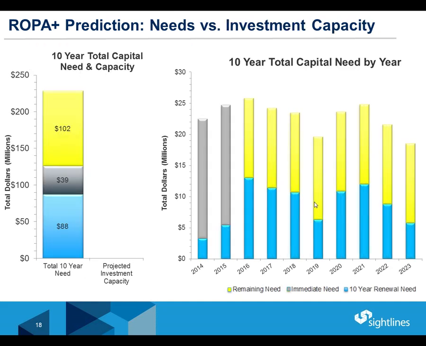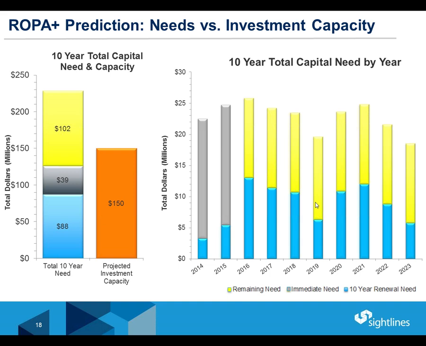So that's an overview of some of the differences, but now we're going into a couple different examples and different scenarios. So we have that same campus, the $228 million in total need, but now we also had a conversation, well, what's your investment capacity over that 10-year time period? It turned out that was $150 million, which if you divide that by 4 million square feet, it's $3.75 a square foot. So we're talking about an institution that really is investing less than our database average, which is closer to $5 a square foot.